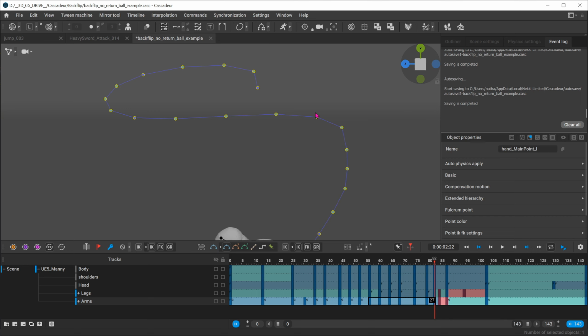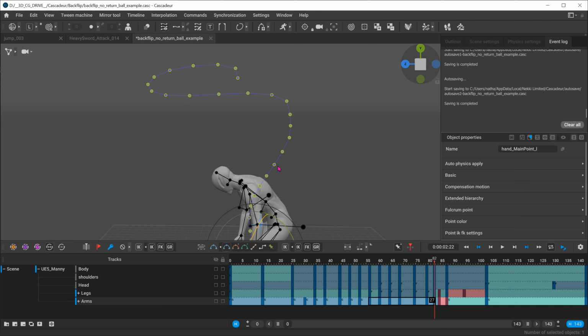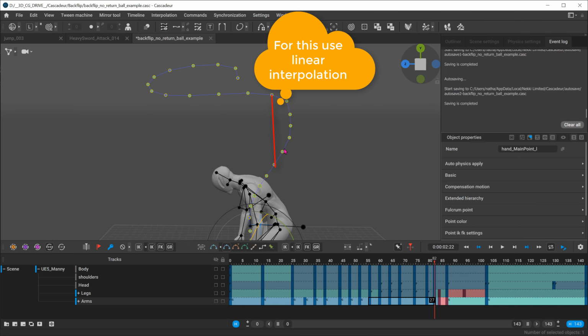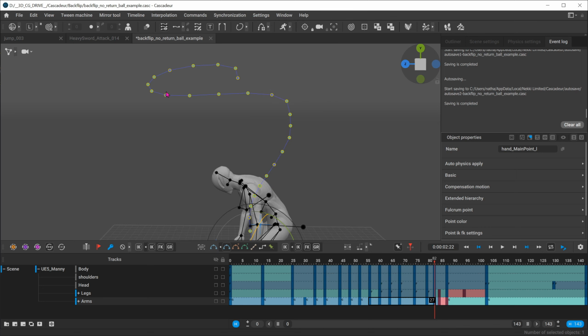Notice that the main points here, the keyframes here and here, show that we're producing a linear interpolation from one point to the other. What's interesting here with Cascadeur is they actually do some smoothing. So even though I'm doing an IK interpolation from one keyframe to another, I'm not getting this really straight linear line. I'm actually still getting some curvature to this,